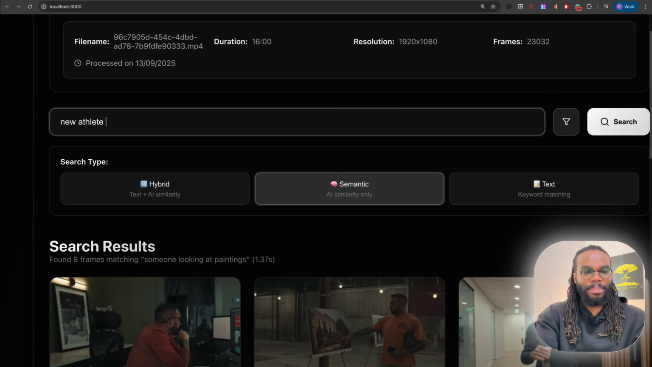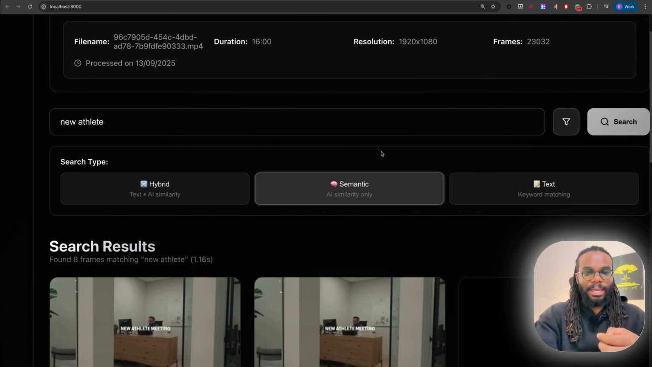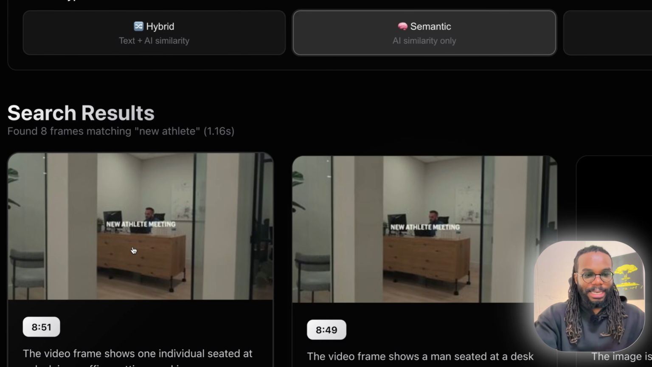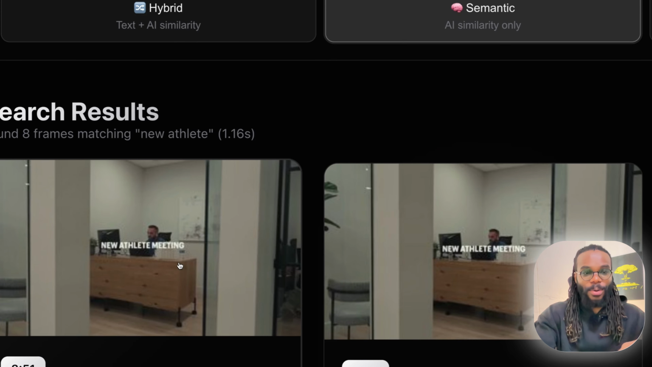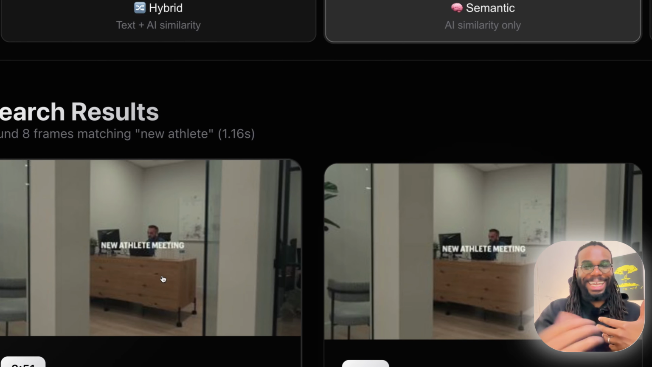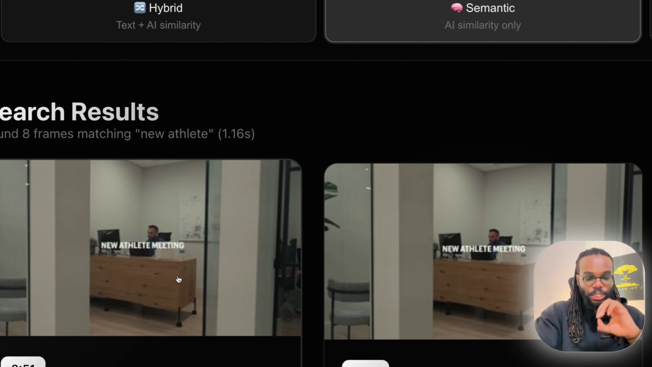So imagine I can remember a scene when there was a text on the screen called "new athlete," and I search it, and there we go. I can see the scene where it says "new athlete." Now, this is not using any text data to do the search. It's using all visual data that was captured by the embedding model, and the embedding model was actually able to capture this specific word in the frame,